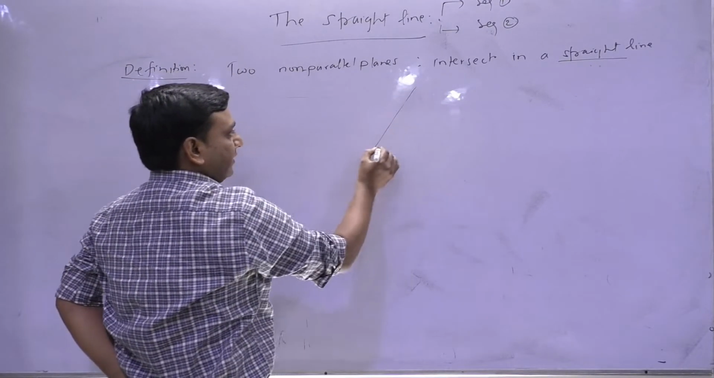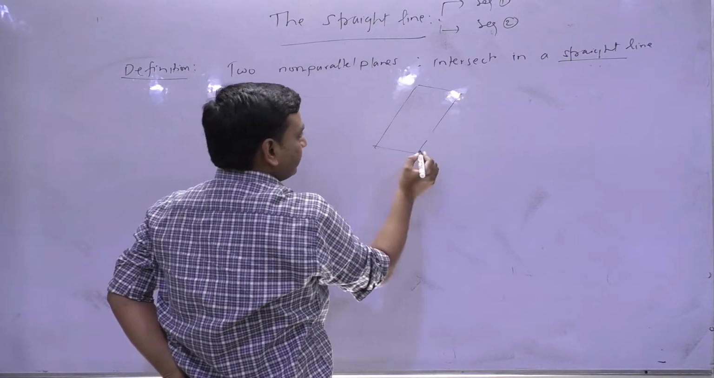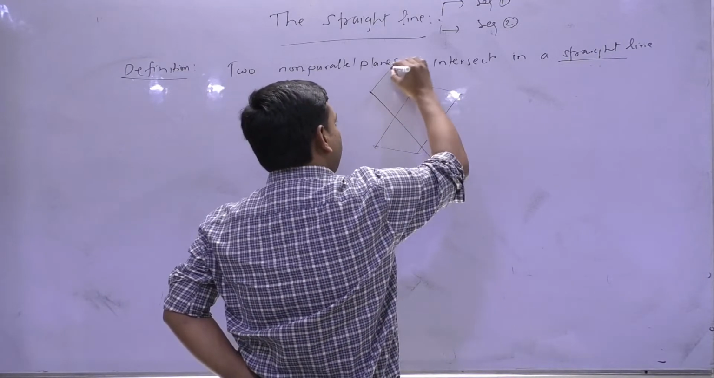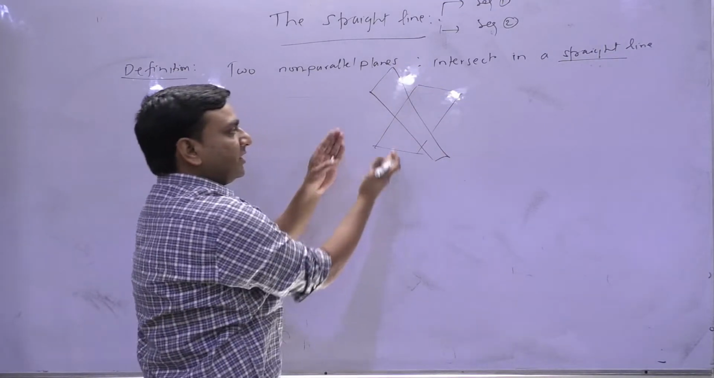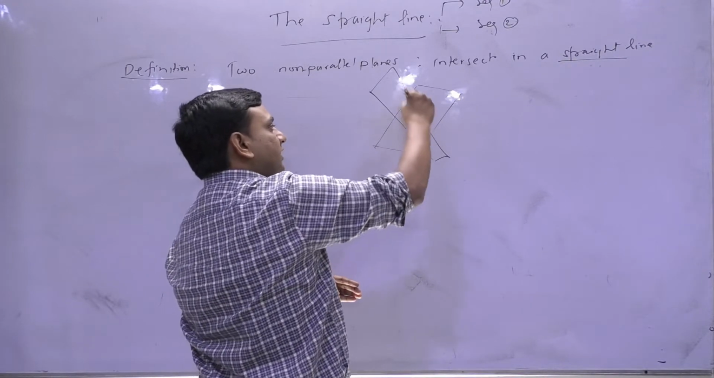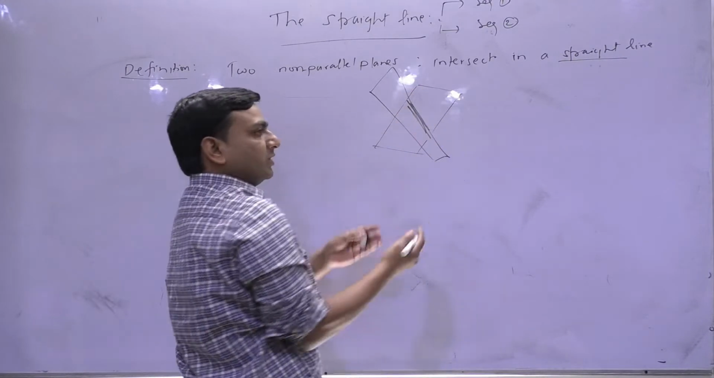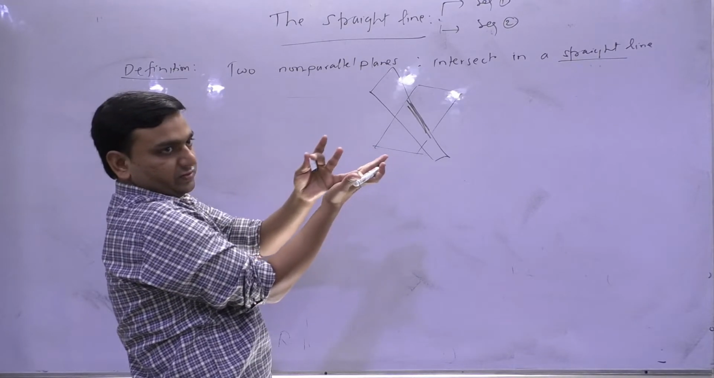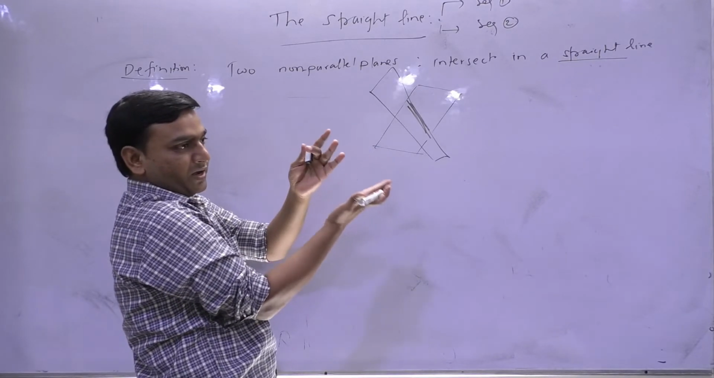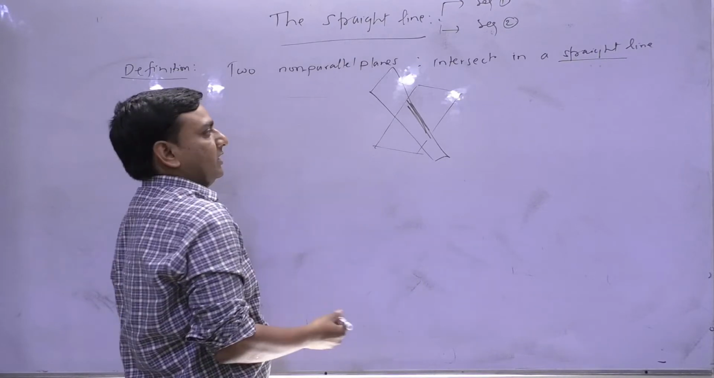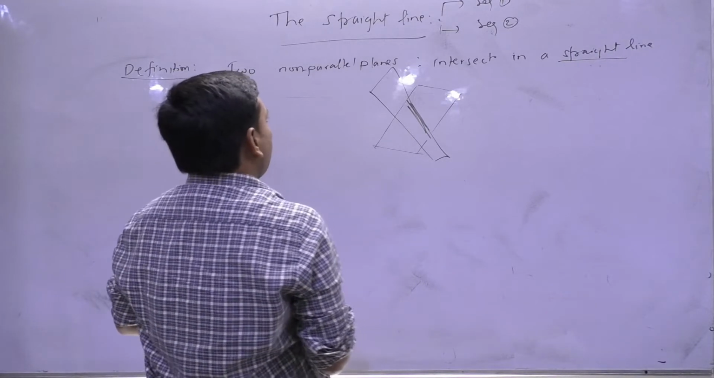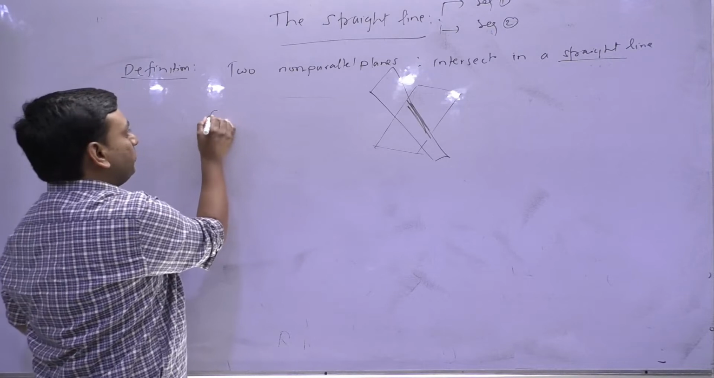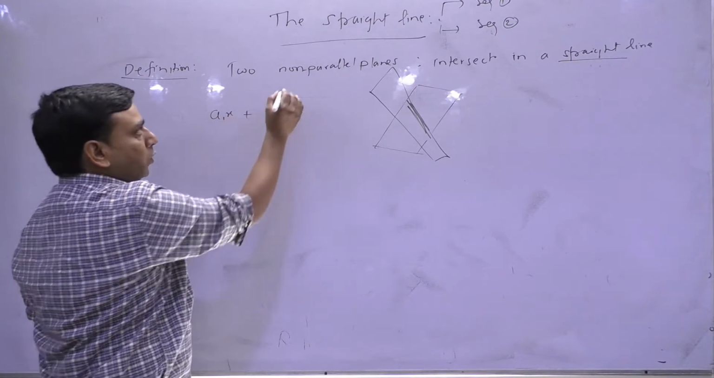Suppose this is a plane for us and that is some other plane. They intersect in a straight line in 3D. Visualize it. This is the straight line. Clear? This is a plane, this is a plane, and this is a straight line. So whenever we have two planes together, two non-parallel,